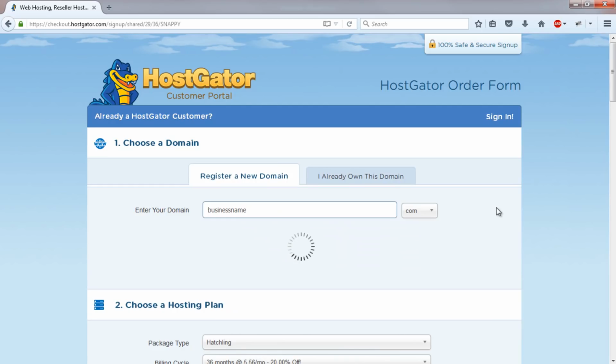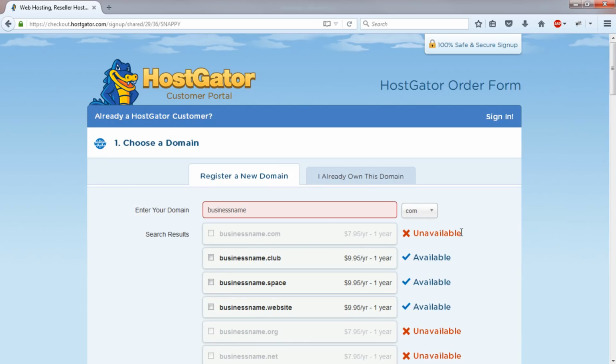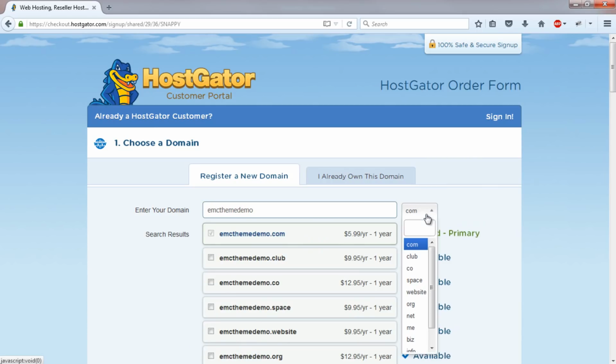What the service will do is just check to see if that name is available. And if it's not, it'll just come up with an indicator like you see here. Now, I'll just pick something else. Cool. It's a personal preference of mine to choose .com.